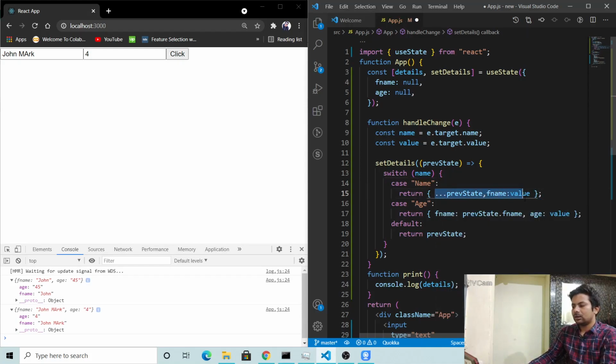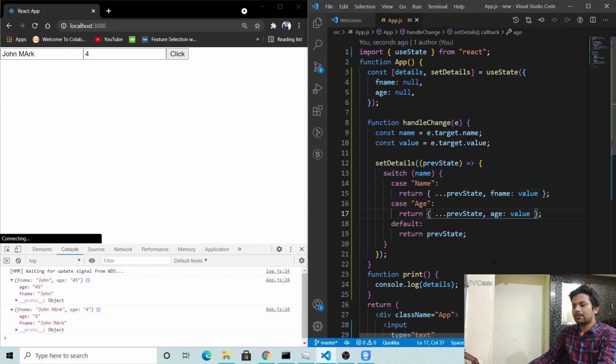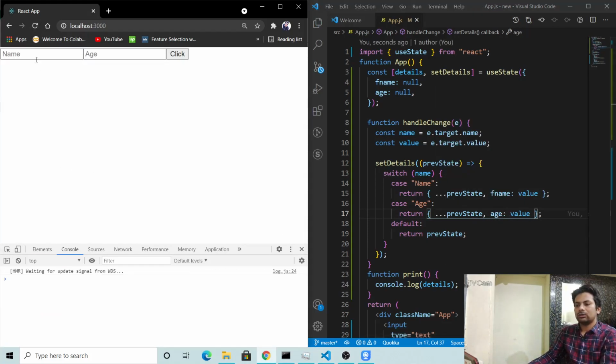Same thing here, use the spread operator and just update the value you want to update, and save it. Now if you return it and say Shannon, age 4, and click it, see, Shannon age 4, and if you make it age 44, it will update to age 44. So that's the easiest way you can control states in React.js. Thanks for watching it, guys.